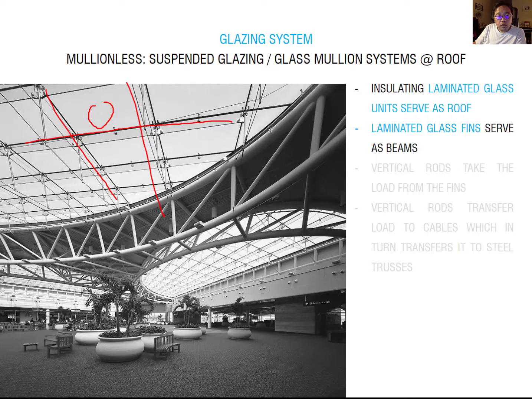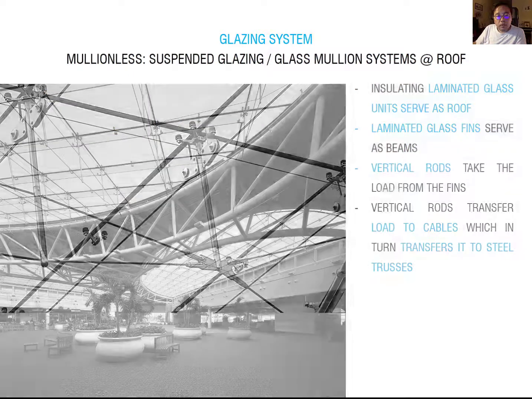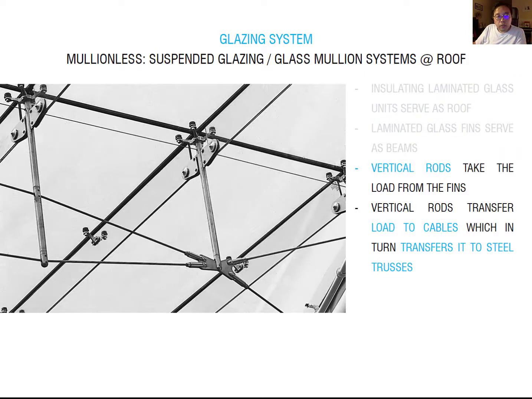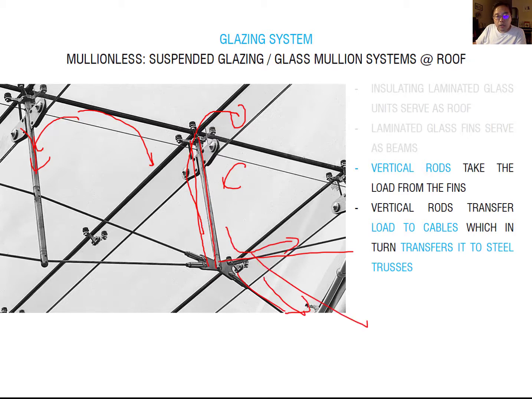It means the weight of the glass roof is transferred to this fin, which is like a beam, and then you can also find this vertical load here. When load transfers from the roof to this fin, the load is also distributed to this vertical load, here, and also here and here. Then this vertical load connects to the cable, and the load is distributed to the cable, and then this cable connects